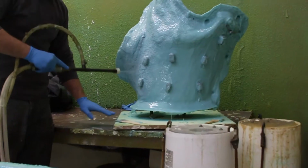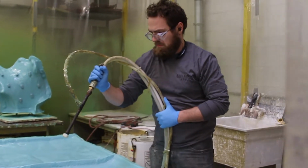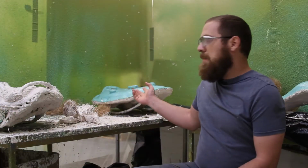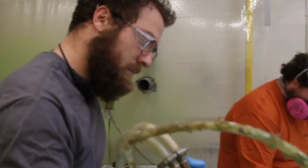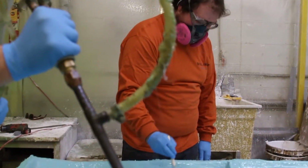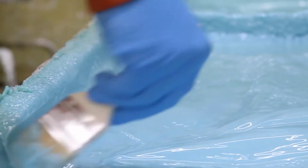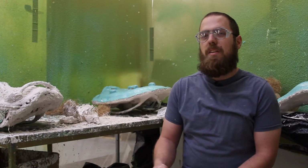My name is Richard Bloom, and I am primarily the head of the mold department. So I'm in charge of dealing with artist originals and making the mold that typically starts the process. I apply rubber, a flexible rubber that holds all the information of the sculpture, and then we put a hard plaster shell over that, and then I take it all apart, give the artist back their original, and I send the mold over to the wax department so that they can make the wax and start the actual casting